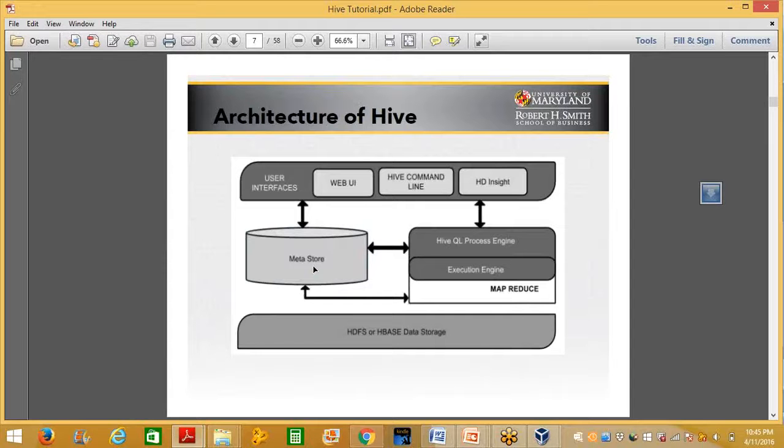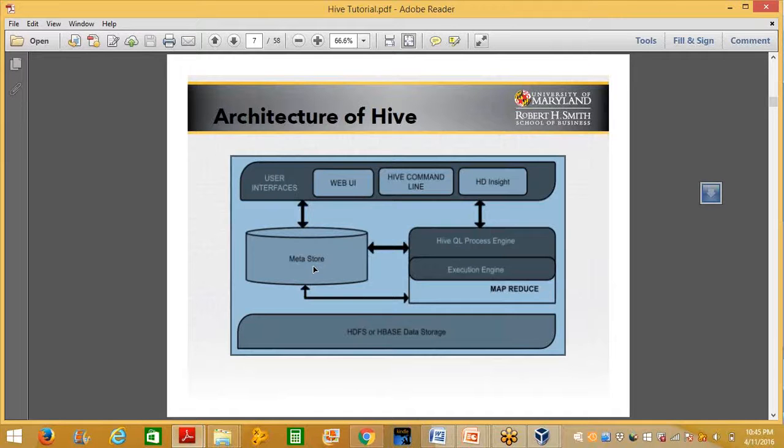Okay, while storing the data in HDFS, I still need to have that particular table structure created. So for the purpose of maintaining such a table structure,